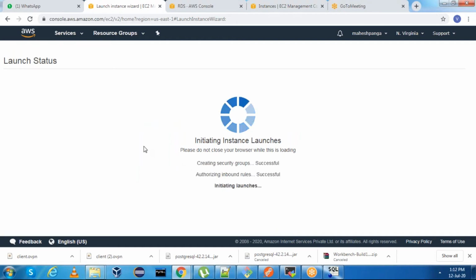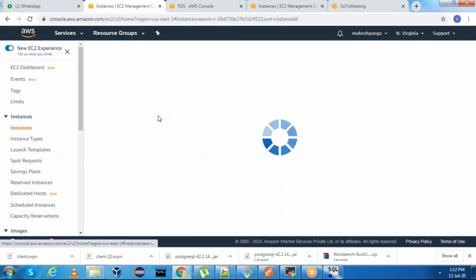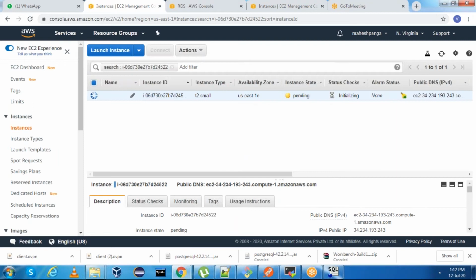Perfect. Now we have a VPN server ready. We need to connect to the VPN, and we need to accept the license agreement. This is the OpenVPN server. Copy this,